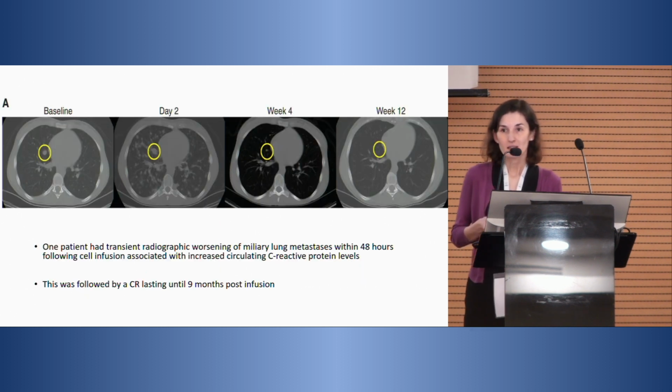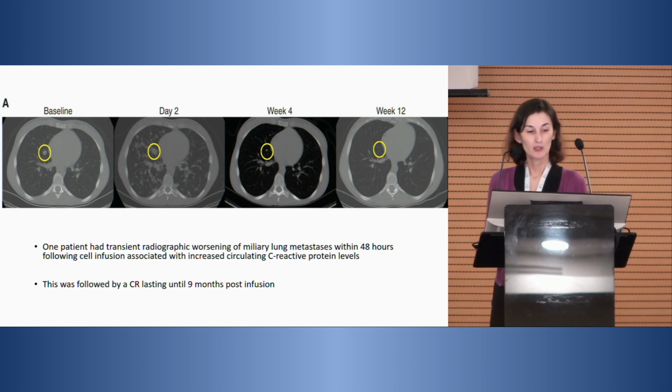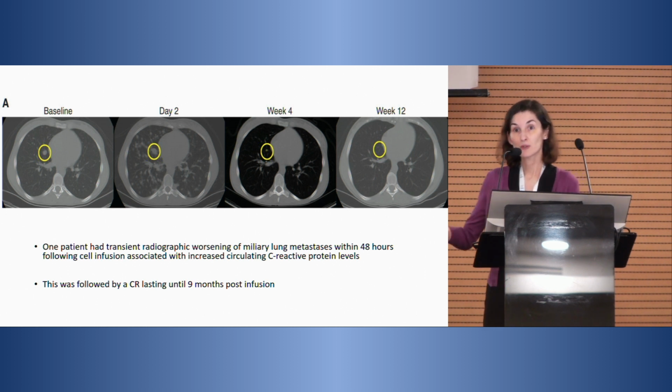And this is a case study from the trial. So this one patient that participated in the trial, you can see at baseline, they had lung metastases in addition to their primary. And 2 days later, they had this flare-up of the cancer in the lungs. But 4 weeks later, the metastases in the lungs and all this miliary disease that was disseminated in the lungs have almost completely gone. And 3 months later, it completely disappeared. And at 9 months, this patient had a complete response that was ongoing.